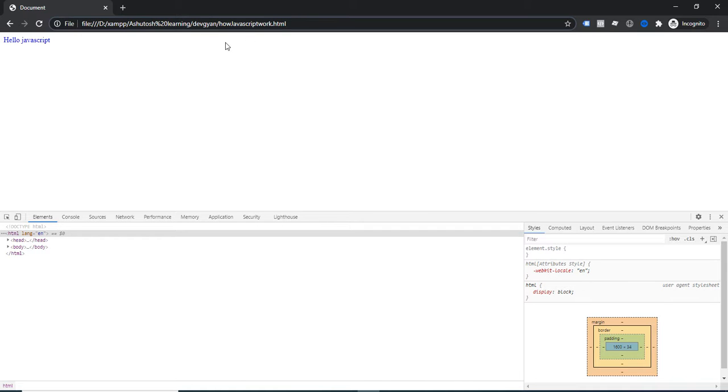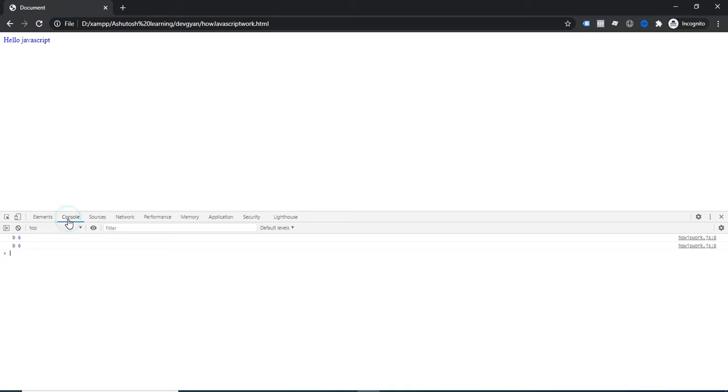So all these things are part of the browser, not part of the JavaScript. However, the browser provides some APIs to JavaScript so that JavaScript can access some things. Now you understand that JavaScript is a part of the browser. Now how are these things happening? What is happening behind the scenes before the execution?